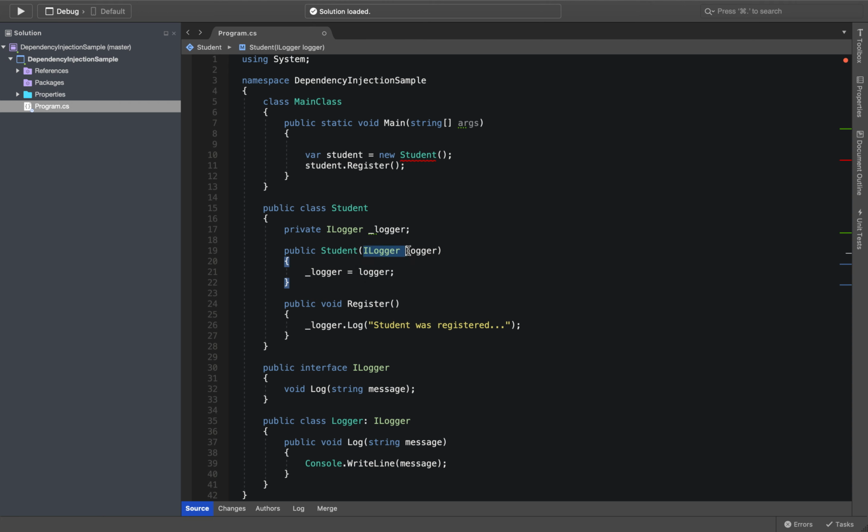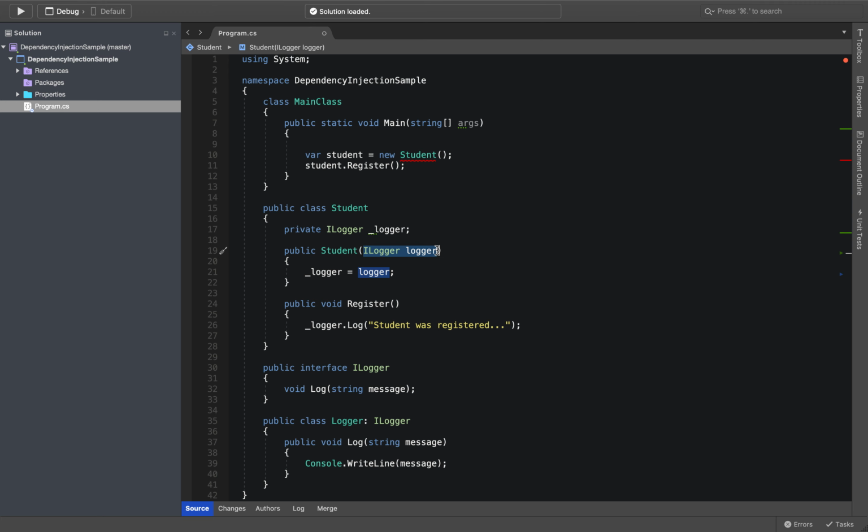Logger class is the dependency. You have to inject that dependency, inject an instance of logger as a parameter to the constructor of the student class. Okay, it means you injected the logger